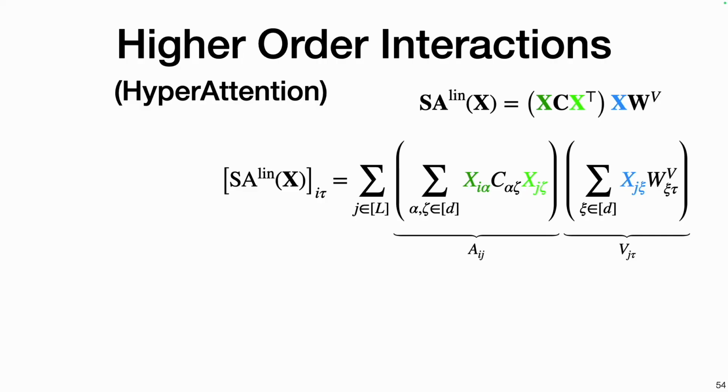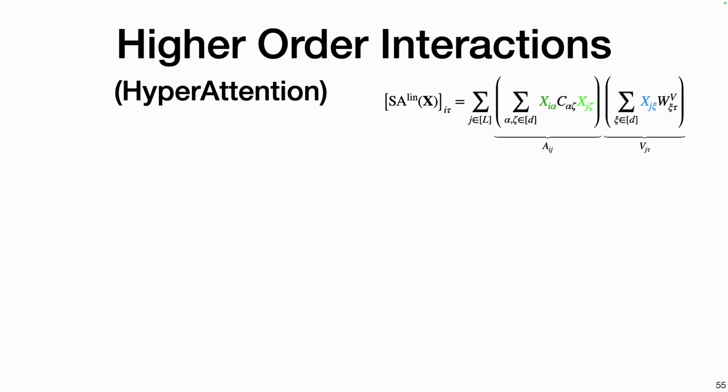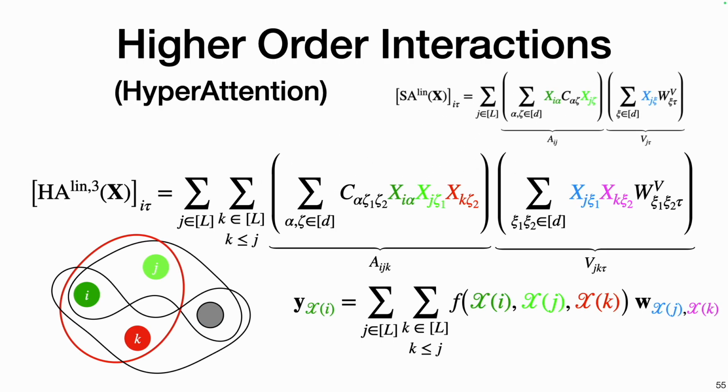It has some higher order tensors, therefore I'll switch our notation to summations. The same as self-attention equation can be written with this expression you see here. Similar to that, we write linear hyperattention of order 3 as you see here. You see it is similar with the self-attention, right? I mean, it has the same parameters C and WV, but they are three-dimensional tensors instead of two-dimensional matrices. Also, you see some more additional X inputs inside this expression to capture higher order interactions.